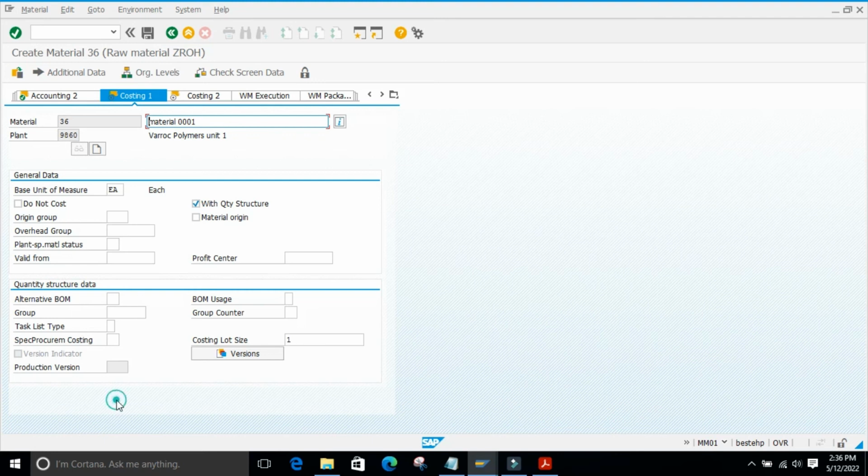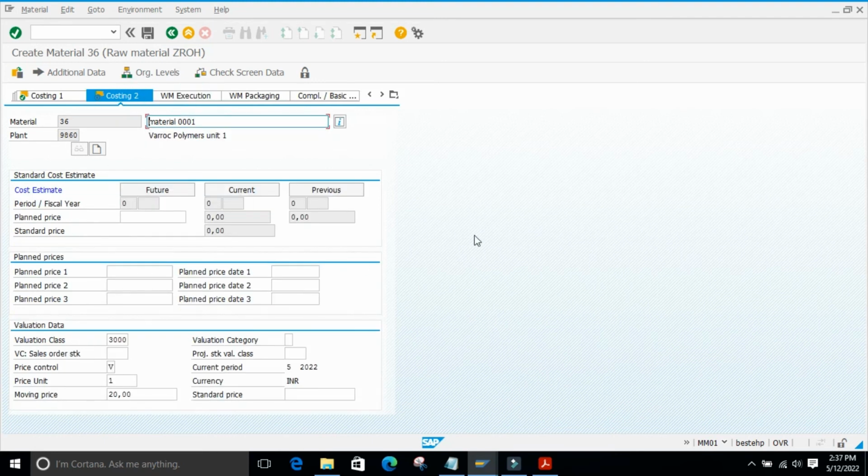So costing will come under PP actually. Depending upon the production cost and all those things, they will consider all the cost elements such as manpower cost, machine cost, electricity cost, all those things. Considering all those things for the manufacturing of that particular material, they will come to a cost